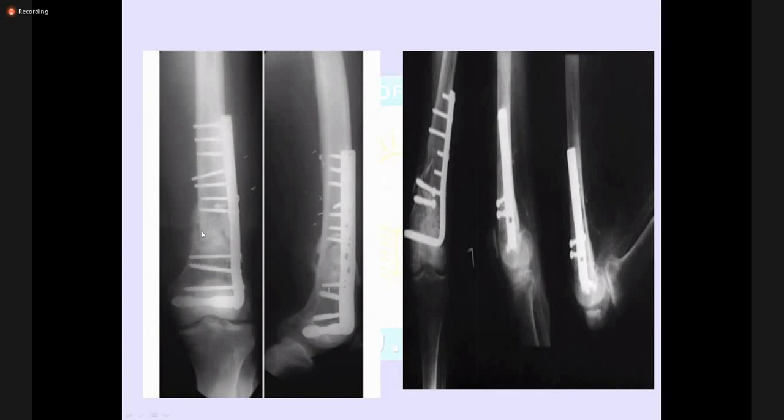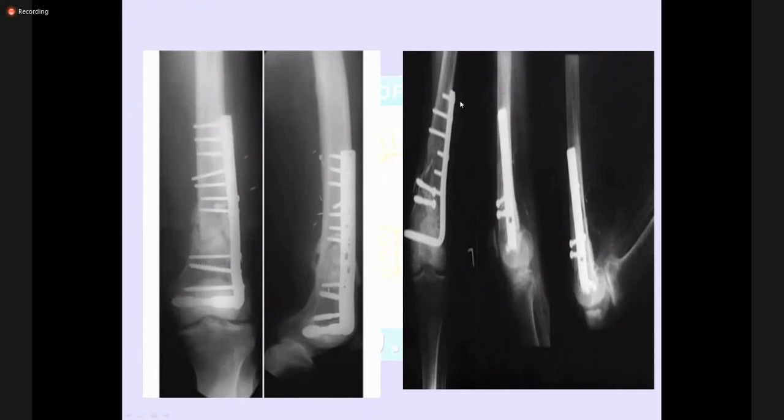The fractures of the distal third of the femur are fixed by DCS, dynamic condylar screw, and the woolly appearance is of the bone graft. This is the AP view, this is the lateral view, and this is the follow-up. This is another patient. The same fracture is fixed by condylar blade plate. See, this is the leg screw, and in this device there is no leg screw, only the angle blade plate. Only the blade plate is applied.